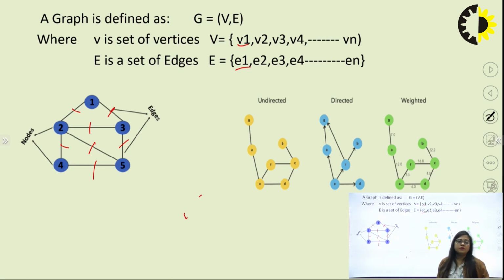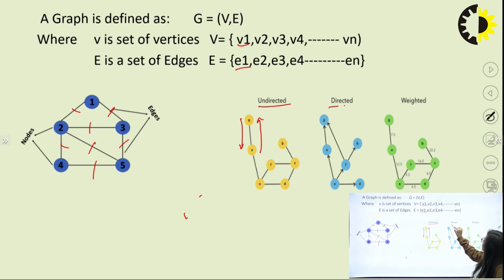So there are very different types of graph, first one is undirected graph, directed graph, weighted graph. So I will explain it by these diagrams. So this is an undirected graph. Undirected graph means where no direction is given from source to destination. Suppose we take example, this node easily moves to this node, and we can easily move in both directions because there is no direction given. So it is called an undirected graph.